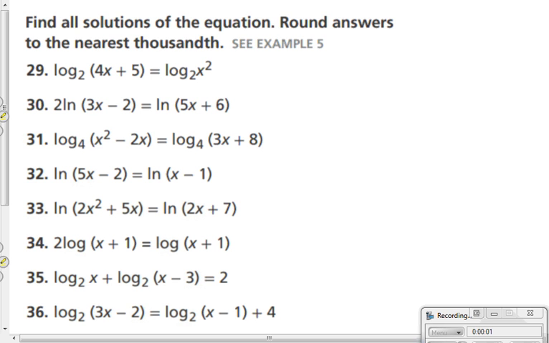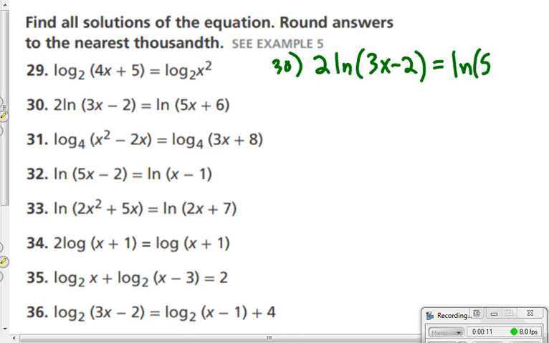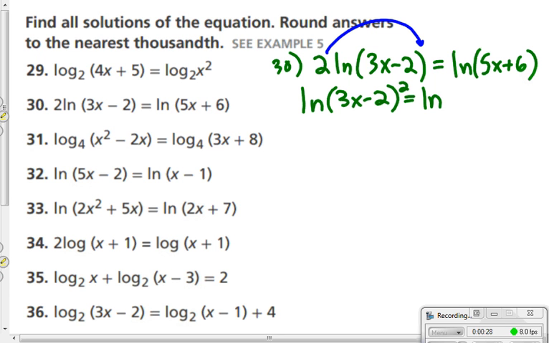So in number 30, when it says 2 ln(3x - 2) = ln(5x + 6), the first thing you're going to do is, any number in front of a log, you're going to use the rule where it becomes the exponent. So this is going to be the natural log of (3x - 2) squared equals the natural log of